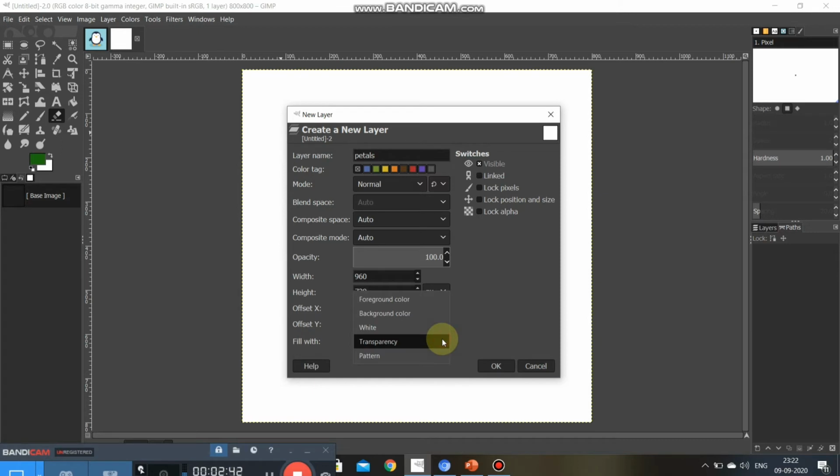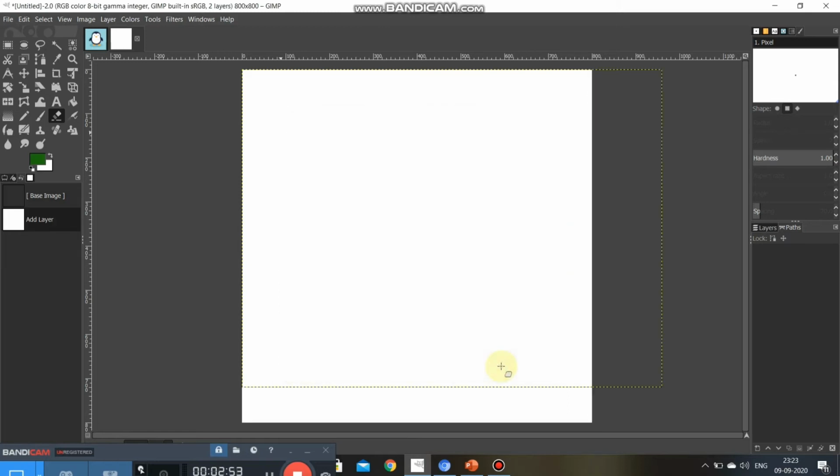We have to choose pattern, background color, foreground color, white. So I want a transparency only, okay, nothing. So we have to click OK. As you can see, new layer petal is created. This is the new layer,